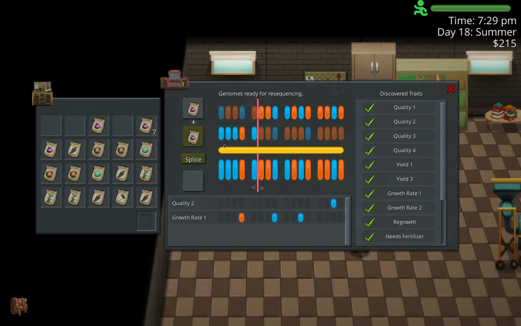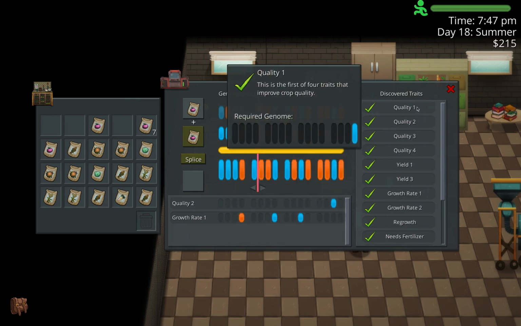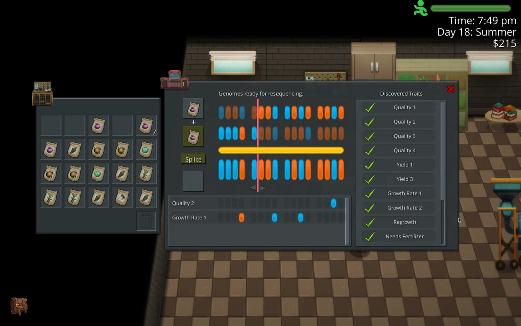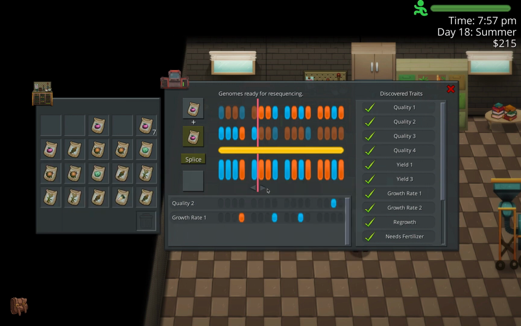So let's take what we just had in there and see if we can keep that regrowth. So regrowth, one of the most interesting parts is the very last gene in regrowth is orange. That means that's the same one that you need blue for quality 1. So if you have regrowth, you'll never have a perfect quality plant, but it's a trade-off that I think is usually worthwhile. So let's see